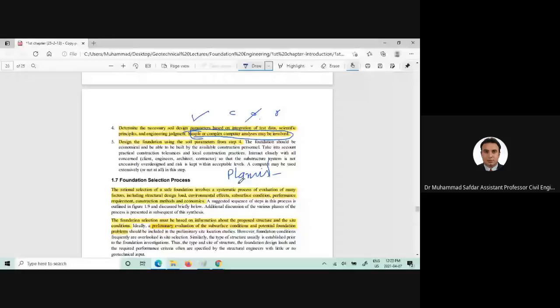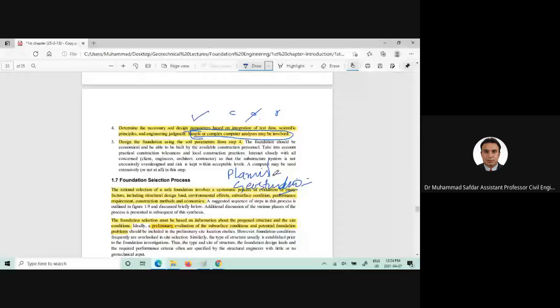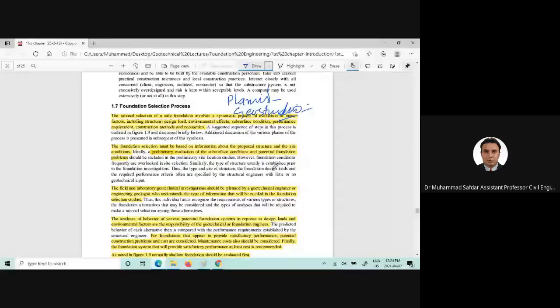GeoStudio is the other software which you use for the ability to perform very good analysis on shallow foundations, deep foundations as well. For the foundation selection process, we will go through the structural design, environmental effects, and subsurface conditions, performance requirement, construction